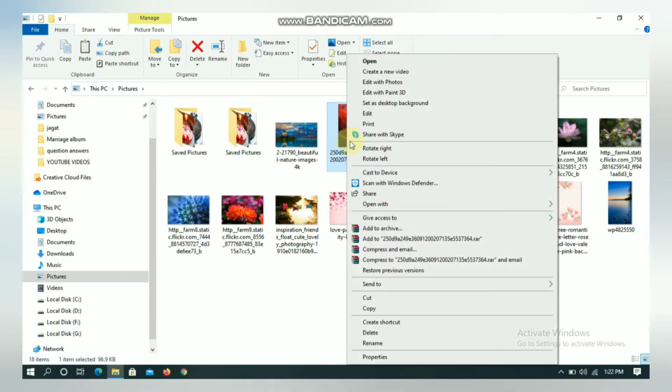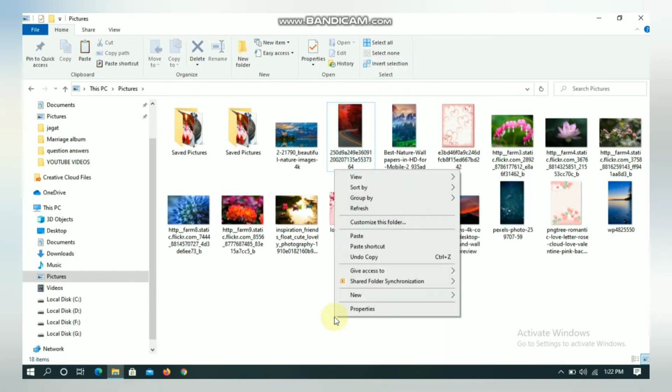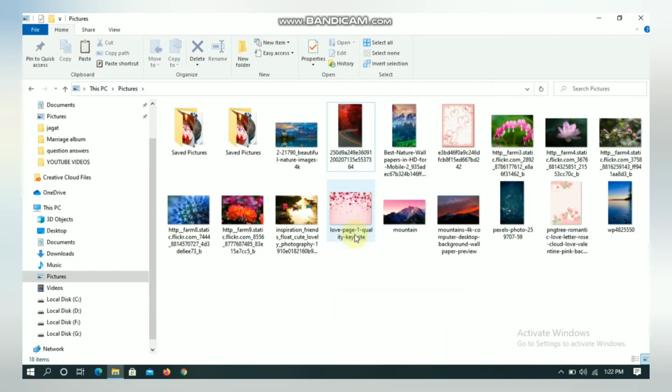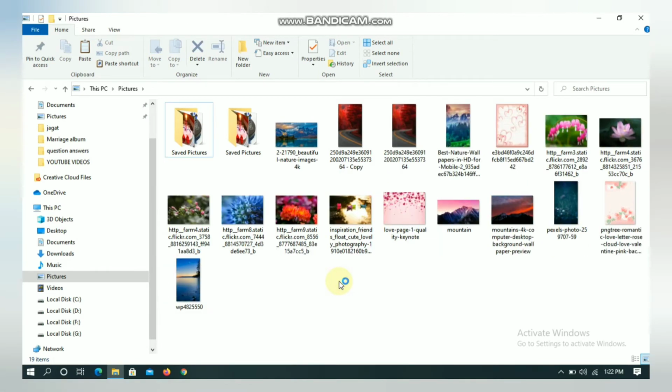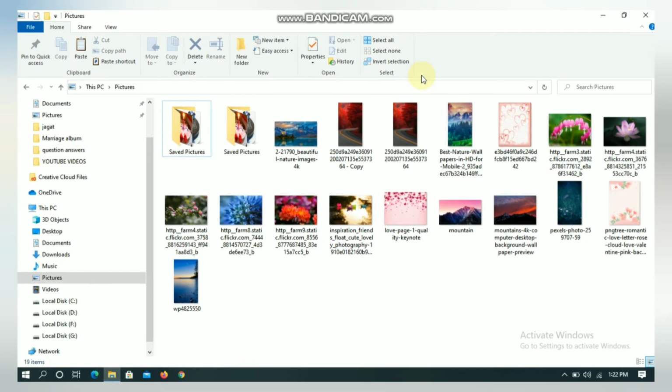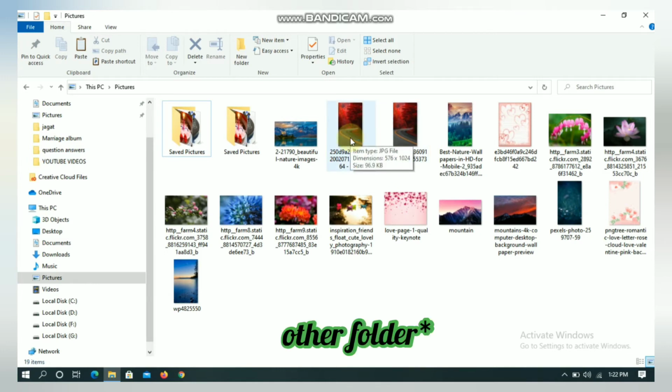You just need to right click on that particular image or file, copy it and paste it. You can paste it here or you can paste it in the other folder or any other place on the computer. Next thing we will do is we will move this file or folder to another location.